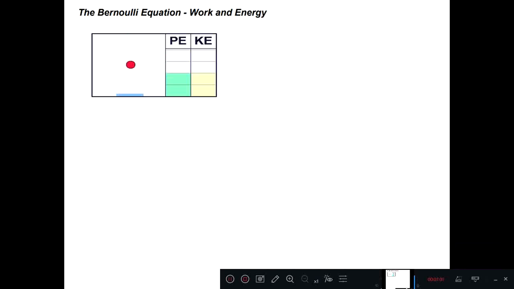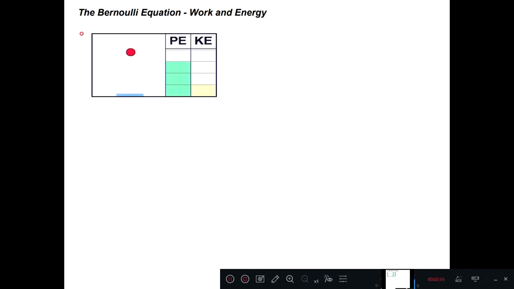Neglecting the frictional resistance due to air, we calculate the speed of the ball after falling a distance